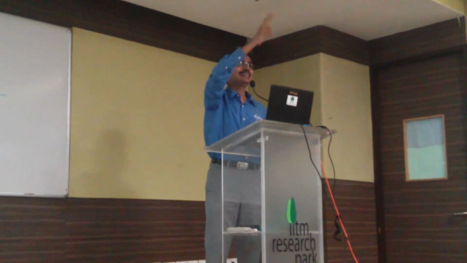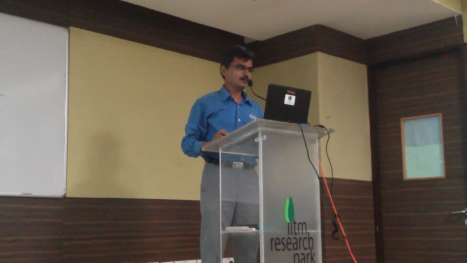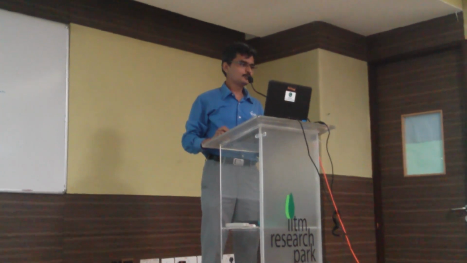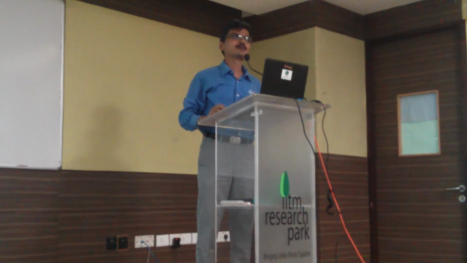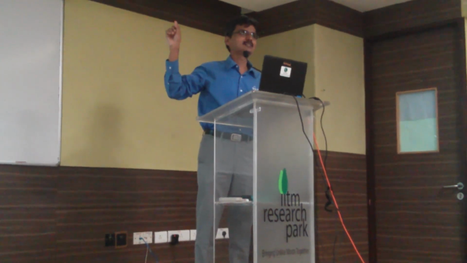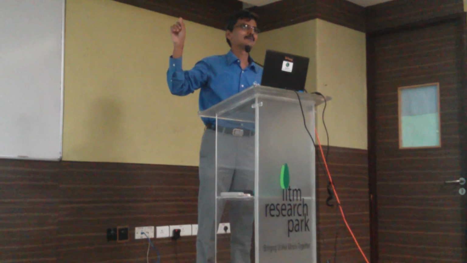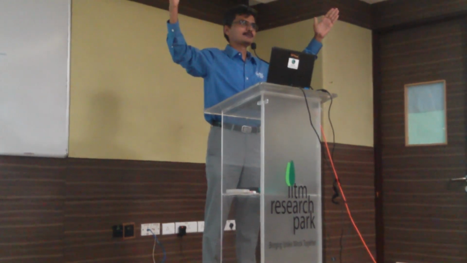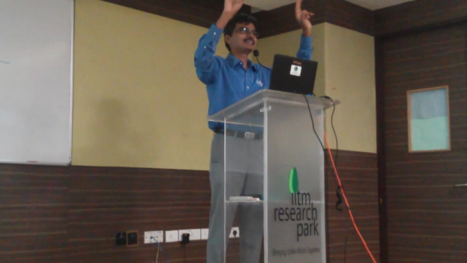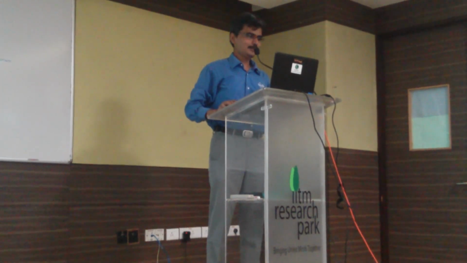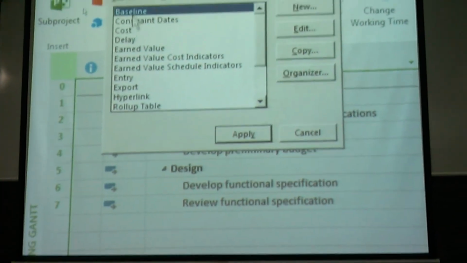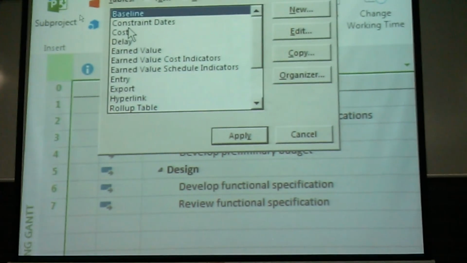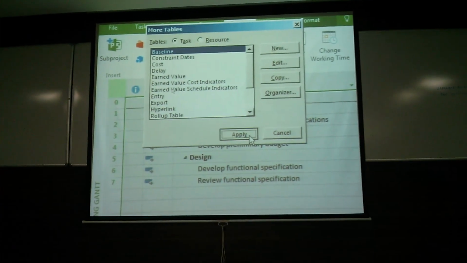The second point is rather than inserting columns, these columns that you just saw are being grouped. If you do a mouse over on top of this point, you will notice a tooltip. So what is the name of the table displayed here? Entry. So these columns that you see before us are being given a different name called entry. So I'm just going to right click here. Entry has been selected, and go to more tables. You will notice a table named baseline. I'll say apply. What are the column names now?